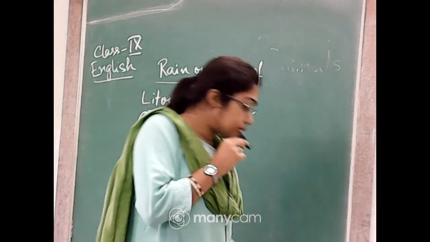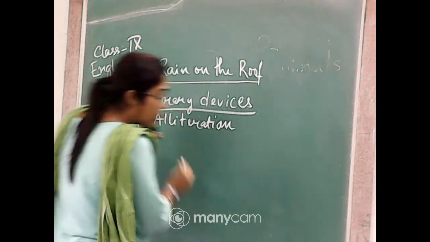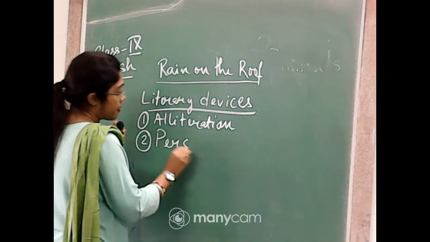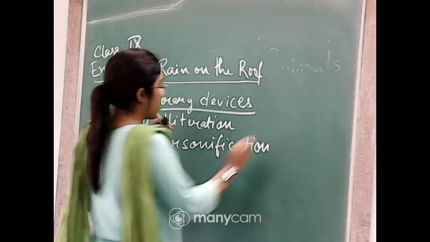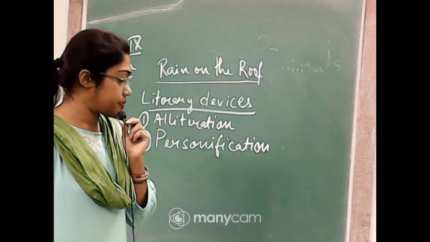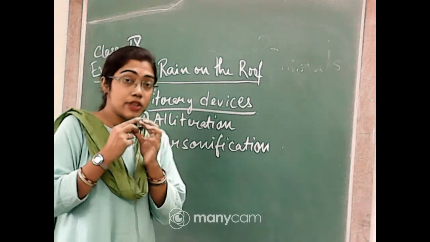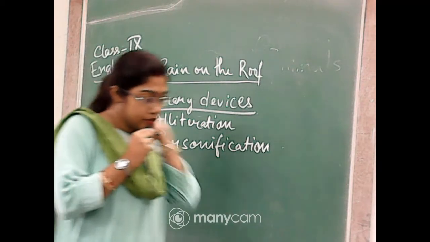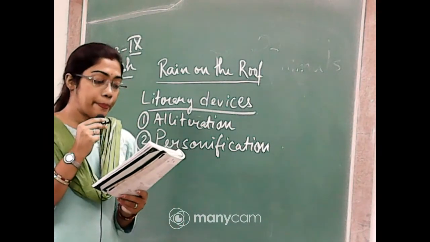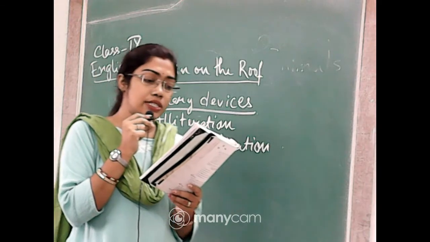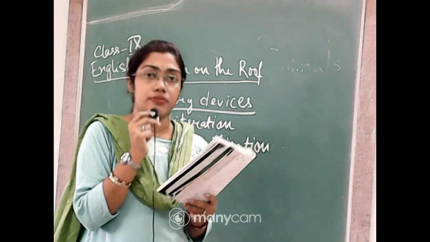Okay, now next, literary device number 2, personification. Give a dash and write down, there are many things which have been personified in the poem, not only one. So write it down, I'm telling, one by one. Everything you will be just writing, you don't need to put it into quotation. You just write humid shadows.